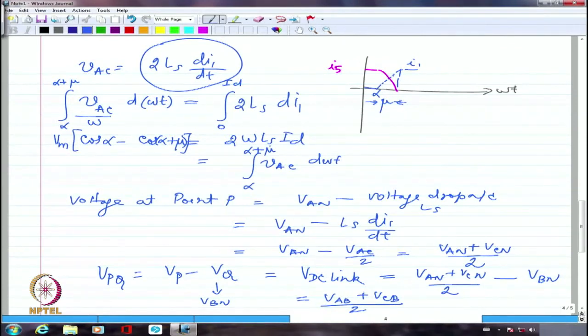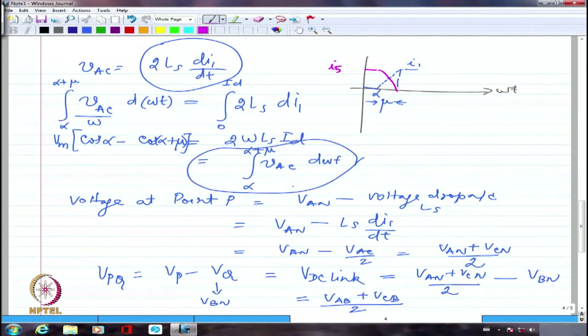So if I integrate VAC by 2 from alpha to alpha plus mu, where I am having this as the voltage drop or reduction in the voltage in the DC link, that will correspond to omega ls id, not 2 omega ls id. Instead I will have omega ls id. I am trying to recall this. Basically I am saying that if I